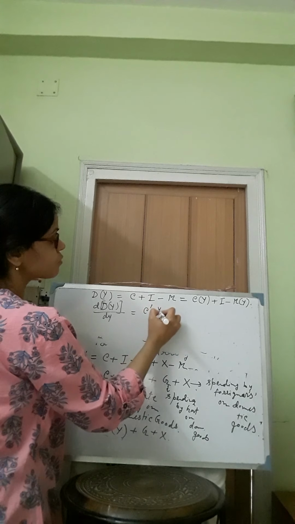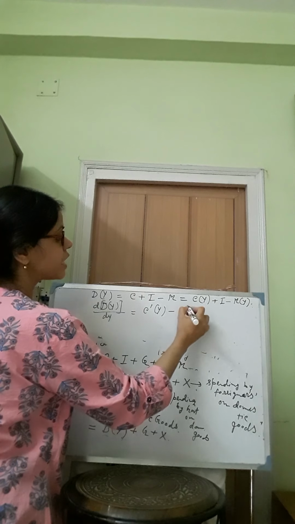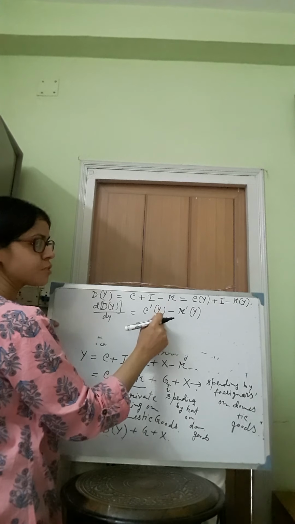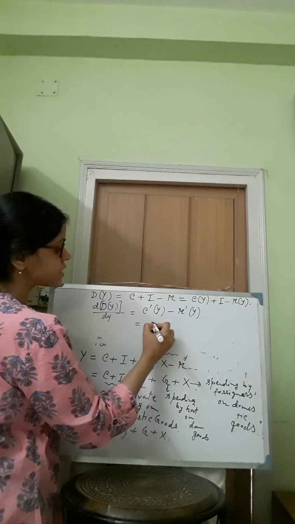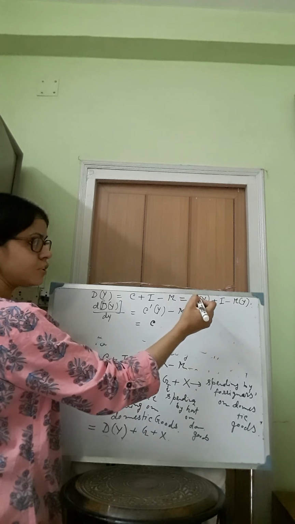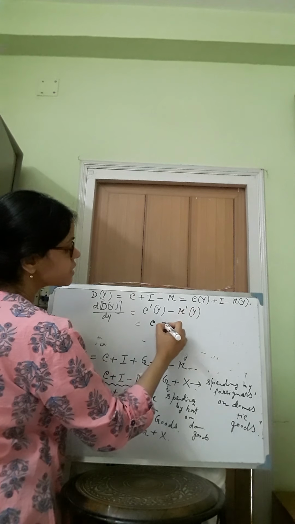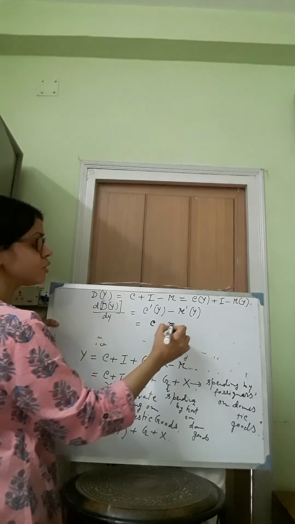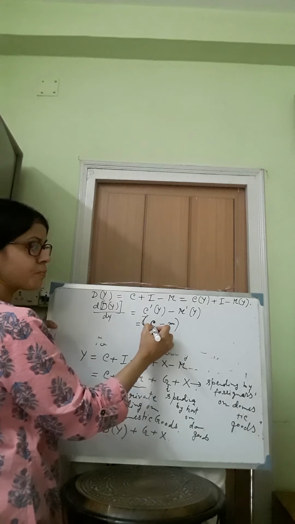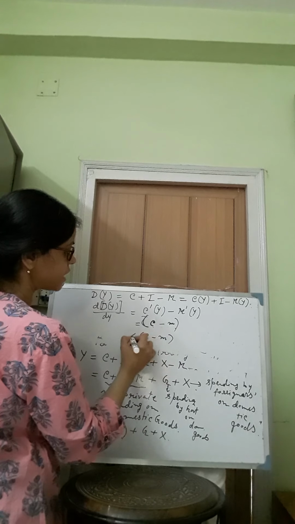This is equal to C dash Y, then dI by dY is 0 because this is autonomous, then we have M dash Y. Now, what is C dash Y? C dash Y is the change in the consumer expenditure due to one unit change in income. So, this is MPC and this is denoted by small c. What is M dash Y? This is the change in total level of import by the change in income. So, this is small m, the marginal propensity to import. So, dy is basically the difference between the marginal propensity to consume and the marginal propensity to import. Now, this c minus m term lies between 0 and 1.